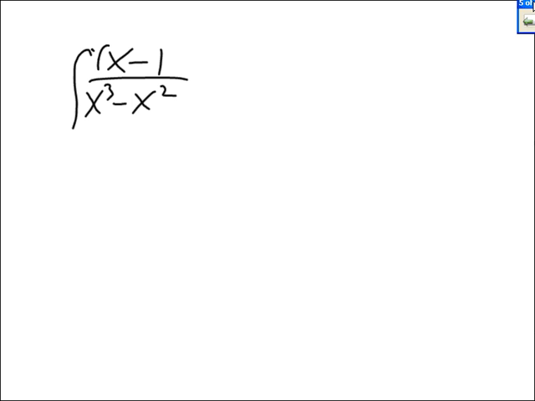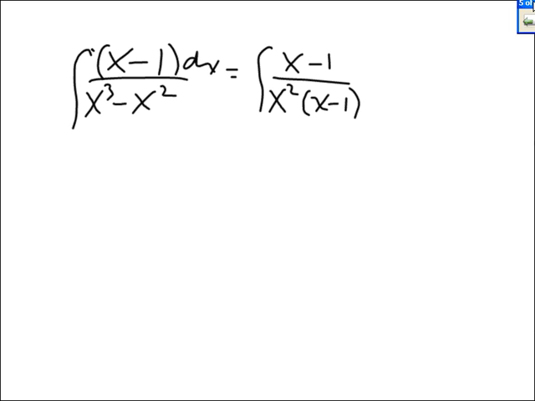Suppose you were asked to solve this integral. Well, this is x minus 1 over, I can pull out an x squared, and then I'm left with x minus 1. So let's make this x minus 4. Otherwise, you can say the x minus 1's cancel. dx. So I want to write this as